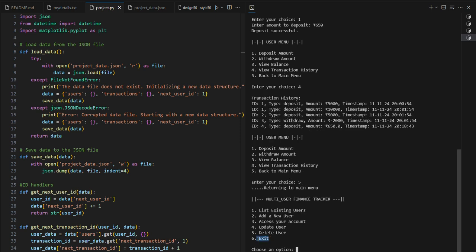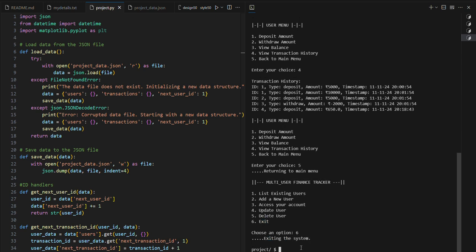If I want to exit, I will say 6. So 6 and exit. So we have exited from the